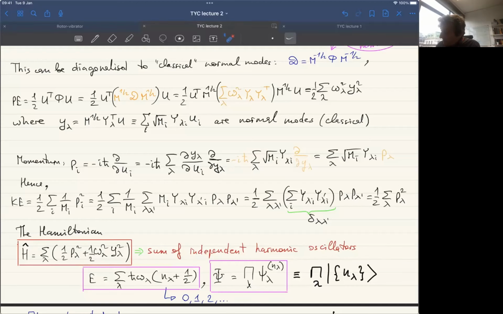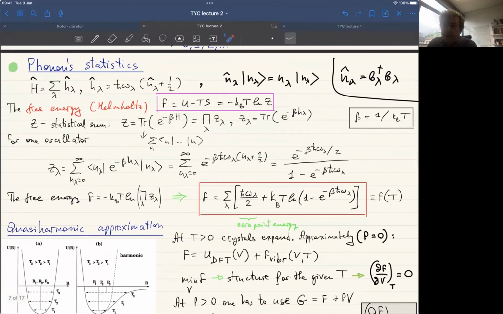But because the wave function is given by that, it's related. I just remind you, there's an exponential term and the Hermite polynomials in that function. But because the Hamiltonian is the sum of the Hamiltonians, it's known from quantum mechanics that the energy is the sum of the energies associated with each of these single Hamiltonians, and the wave function is a product of the wave functions. So in principle, what that means is that in the harmonic approximation, we can actually exactly solve for the